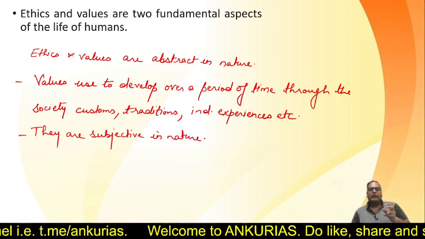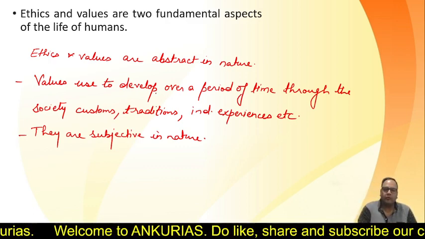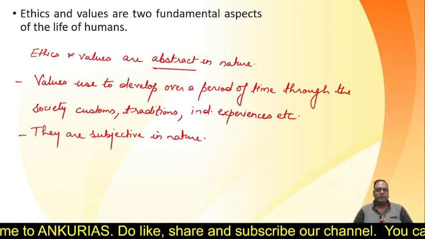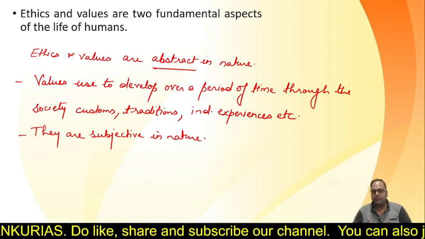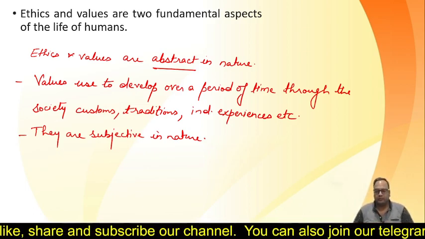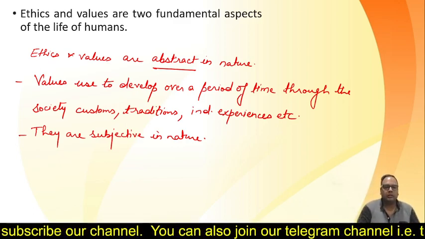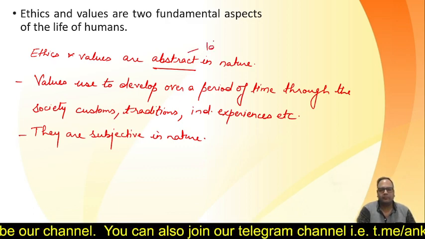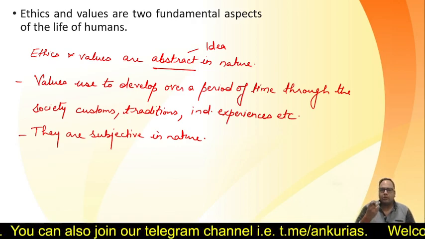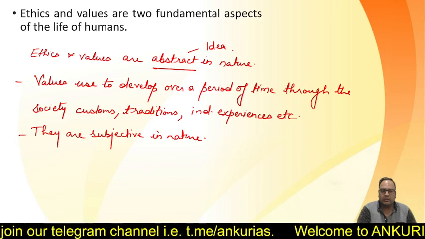अब सबसे पहले मैंने कहा ethics and values are abstract in nature. Now, what is the meaning of abstract? Abstract simply means the things which we cannot see physically, but we might feel it. Example, if I say the idea, we cannot see the idea, but you develop it in your mind. ठीक है, इसी तरीके से लव,